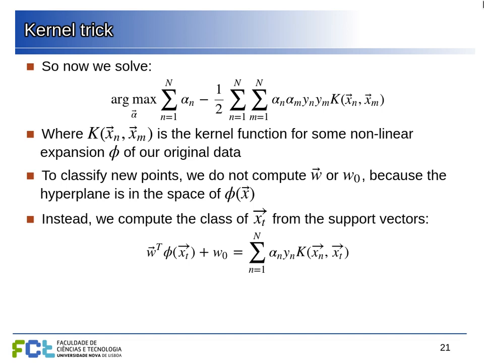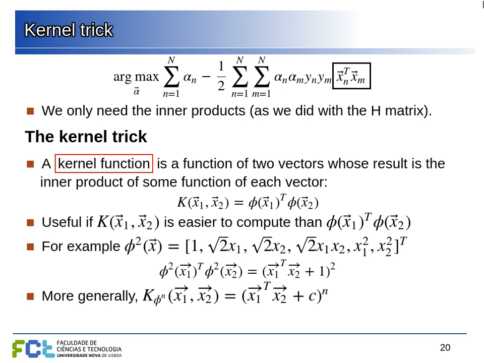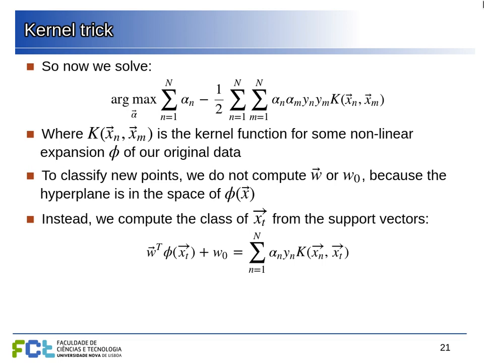Now, to classify new points, we cannot do as before. We cannot compute the W or W0 and then classify the points, because now, if we use the kernel trick, the discriminant will not be in the original space we are using. So, for example, if we use this kernel here, the discriminant will be in 7 dimensions, because it's being computed as if the vectors were transformed by that transformation. So if we do that for hundreds of dimensions, or millions of dimensions, or even infinite dimensions in some cases, we cannot compute explicitly the W. But we can